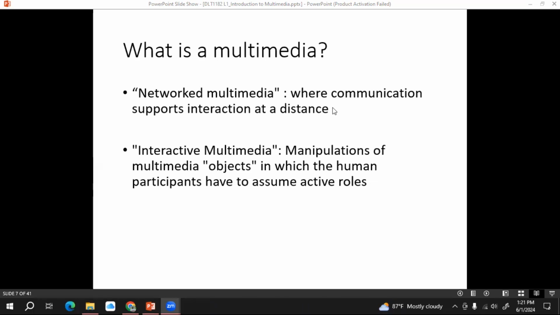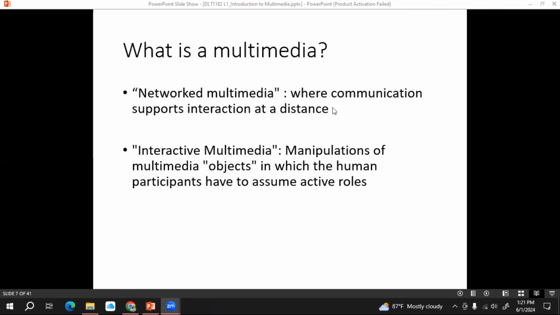It is a multimedia platform, and also we can say it is an interactive multimedia. What does that mean? Interactive means users can interact with the system. We can post photos, text, and videos, we can delete something, we can edit something. We can interact with that platform. Then we can say that platform is an interactive multimedia system, right?